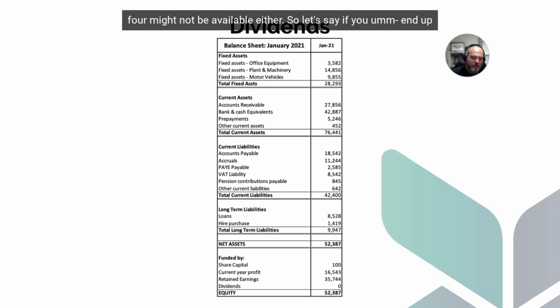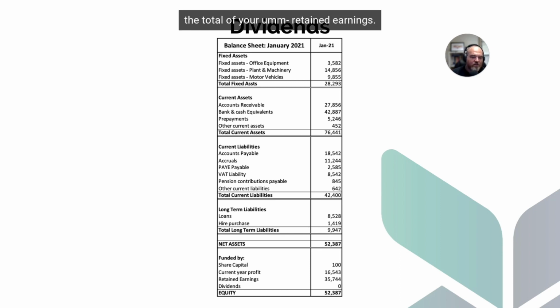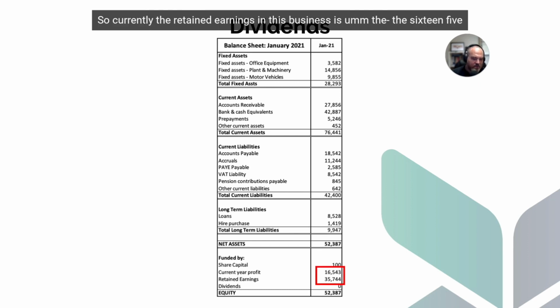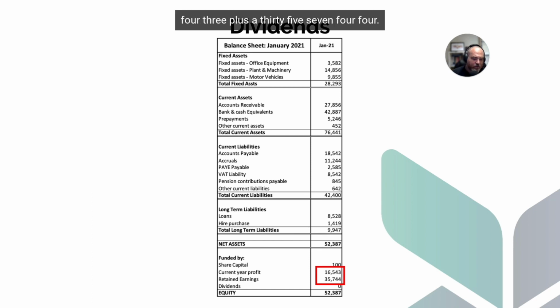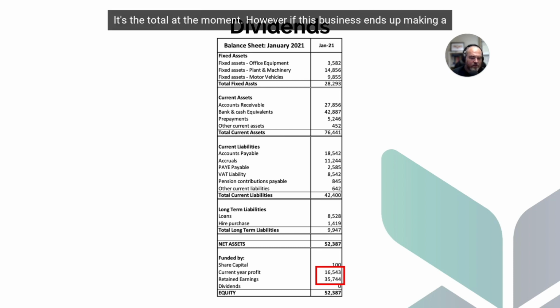So let's say if you end up making a loss of £5,000 this year, then you can only take the total of your retained earnings. So currently the retained earnings in this business is the 16,543 plus 35,744. So it's 52,287 is the total at the moment. However, if this business ends up making a loss at the end of the year of, let's say, £5,000, then the total distributable reserves at that point would be 30,744. And if you've taken interim dividends during that period that exceed that, then you're going to have what they